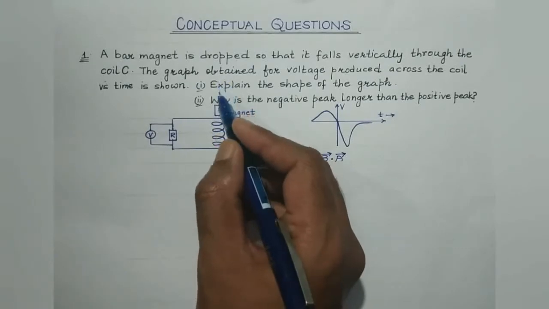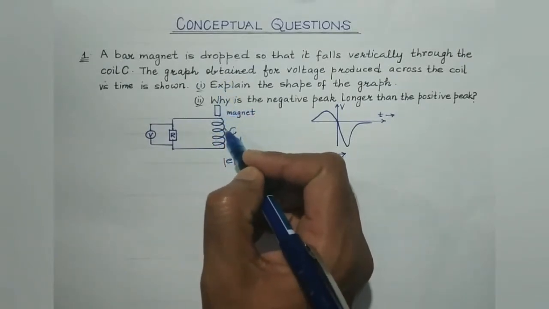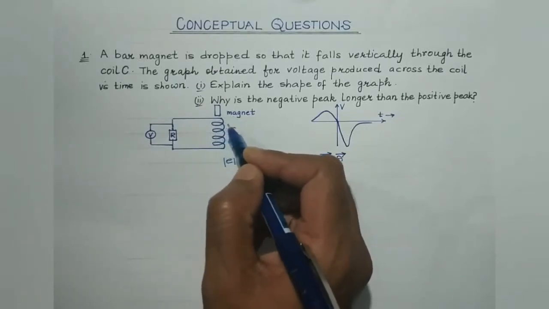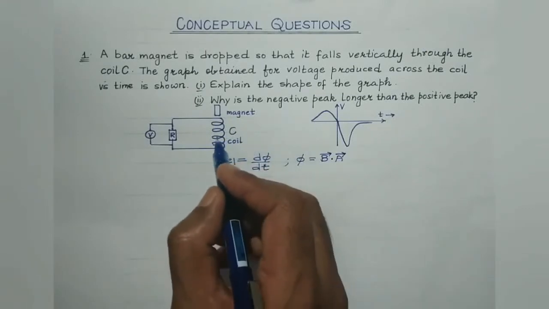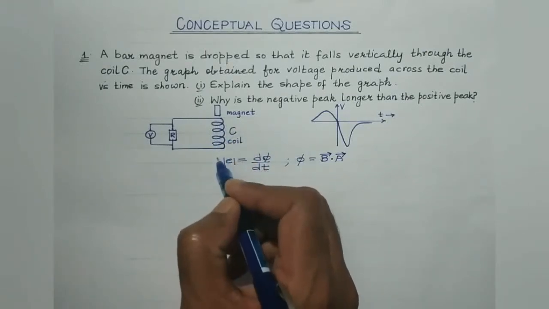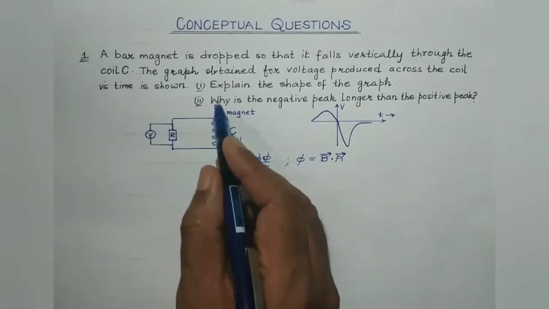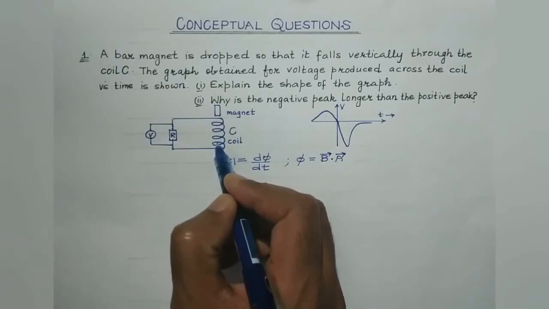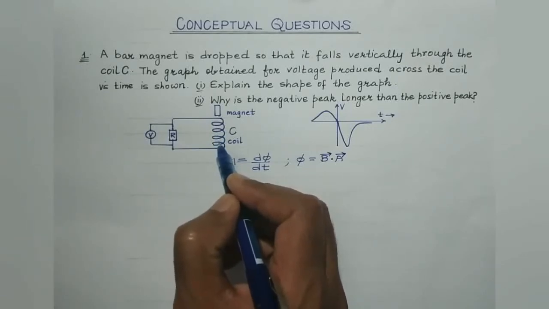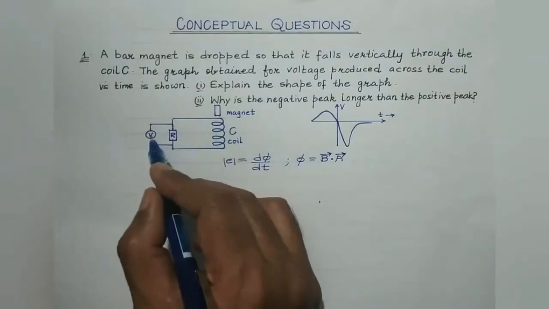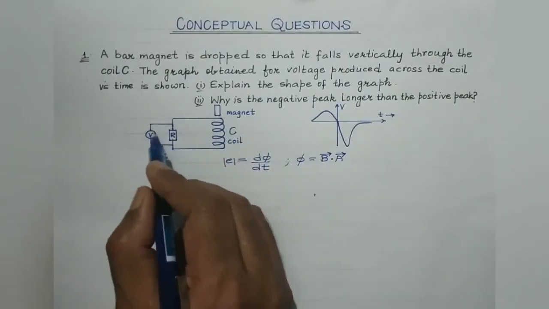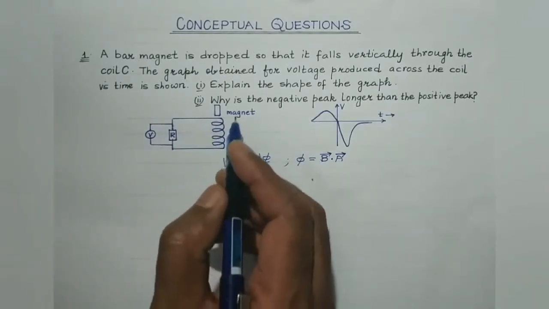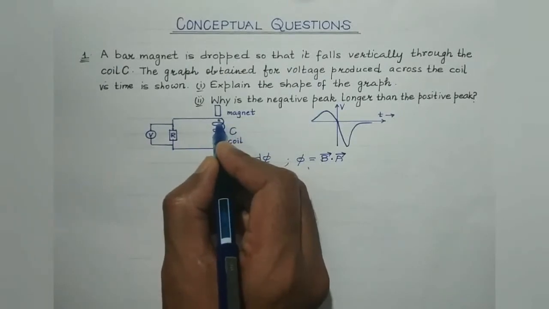So, magnetic flux increases non-uniformly because the motion of the magnet is accelerated. Now, as it comes down, its velocity keeps on increasing. So basically it is a non-uniform motion. So magnetic flux also increases non-uniformly as the motion of the magnet is accelerated, right? So whenever the magnet approaches this coil, the EMF is produced due to the motion of the magnet. And the induced EMF, represented by the reading shown by the voltmeter, increases till the magnet reaches just above this coil.